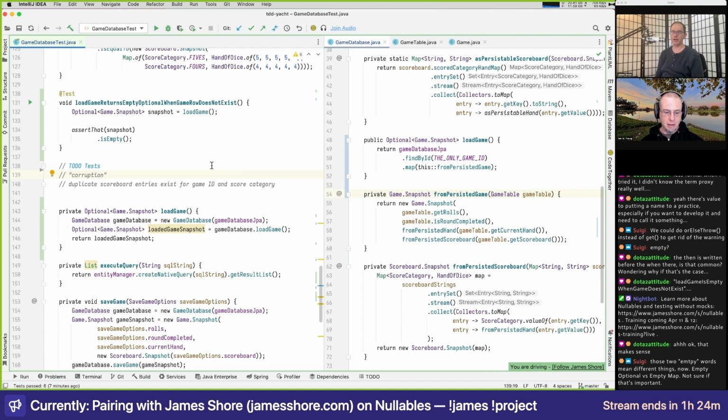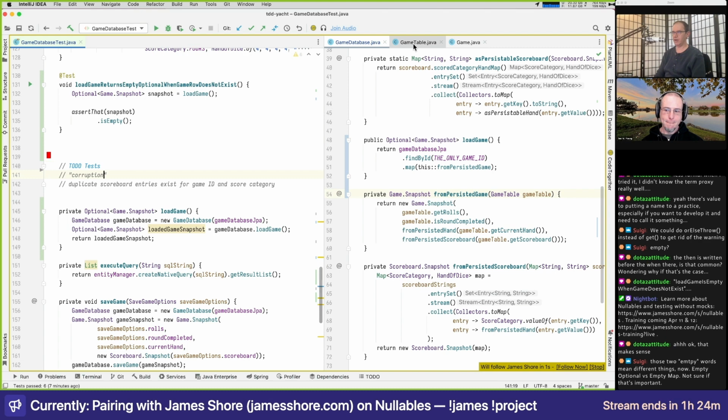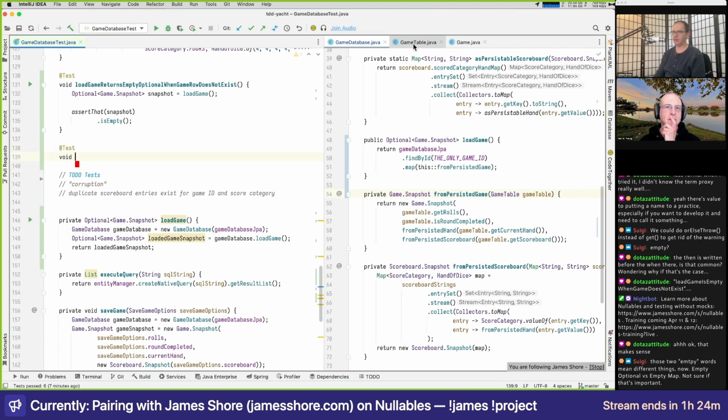Yeah. Do we want to test that? I mean, we could test it by trying to insert bad data. We could write a test along these lines: database constraints prevent invalid or null data from being written to the database.